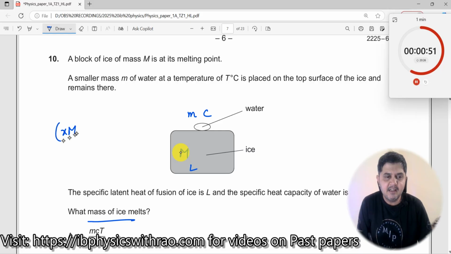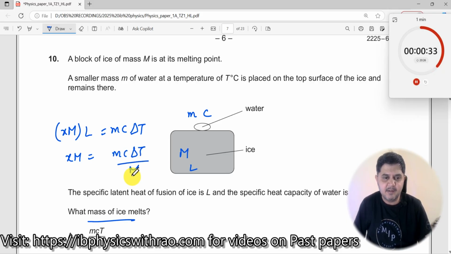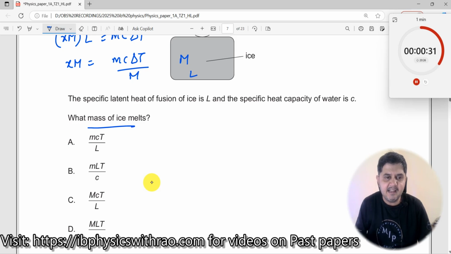Okay, so x mass of the ice melts, and you multiply this by L, you get the energy which is being gained by the ice. It should now be equal to mcT, the energy lost by the water. So the mass of ice that melts is nothing but mcT divided by L. So is the answer mc delta T? There is no delta T, just this T over here. The answer should be